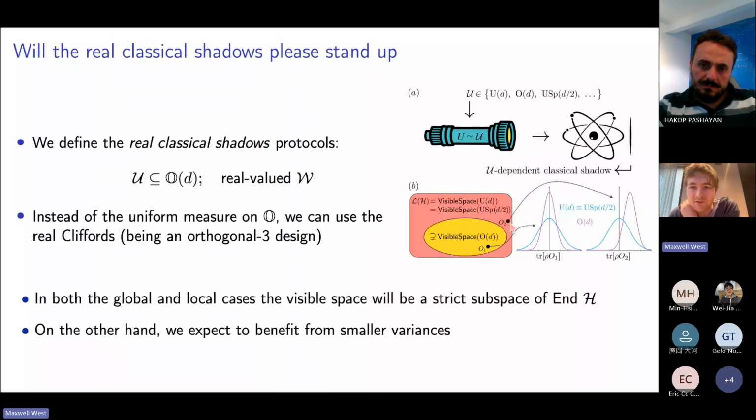So I guess the little cartoon here is if you sample something from outside the visible space, the estimates that you get are going to be biased. I mean, this picture is maybe a little misleading. If it's literally orthogonal to the visible space, you'll just get 0 every time. Anyway, if it's not completely aligned with this subspace, you just get a biased estimate. But if it's in the visible space, not only do you get an unbiased estimate, but the variance, as we'll see, is going to be smaller, which this cartoon is trying to indicate. So you can't see everything, but for the ones you can see, your sample complexity is going to be improved.